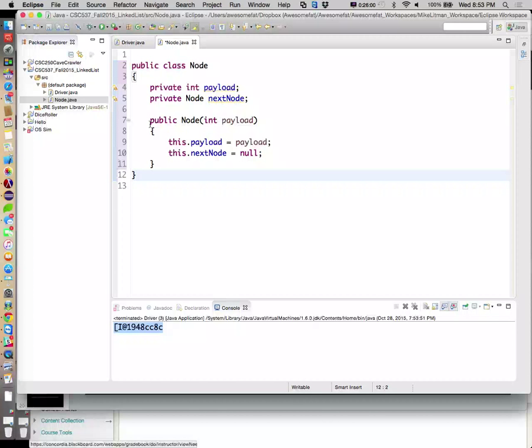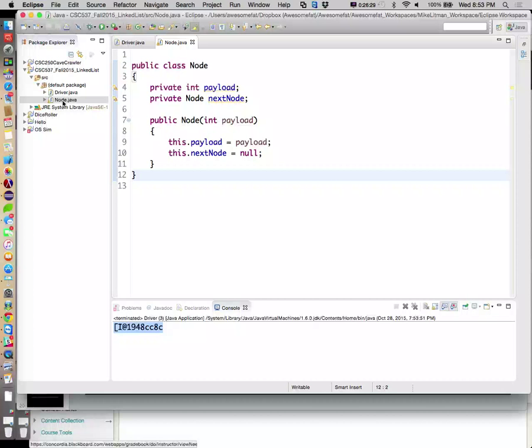All right. So, purpose of a constructor. Hopefully this is going to be review for some of you, but some of you maybe haven't programmed in a while, so this is all fuzzy stuff. The purpose of a constructor is to initialize the base values for an object. So I'm giving payload and next node a value. The value for the payload is coming in through the constructor. Next node, we're just defaulting to null. Okay? So that's what a node is right now. That's our simplified version of a node this very second.